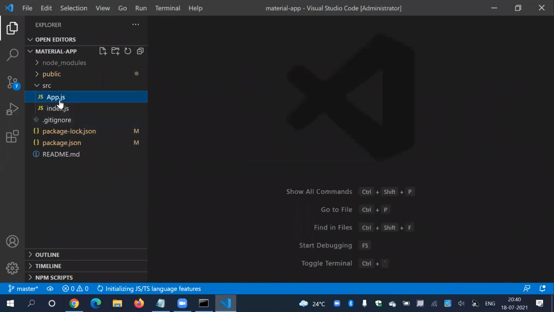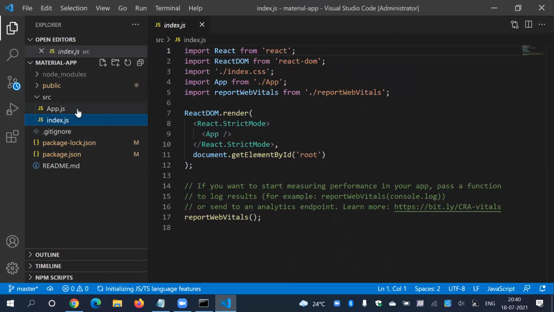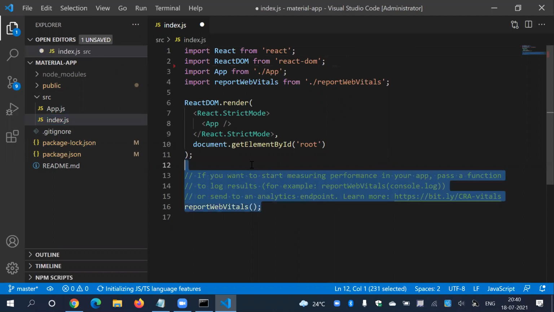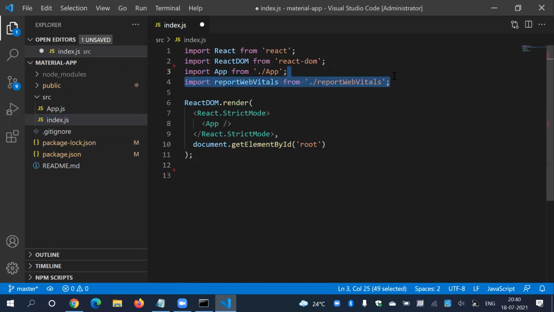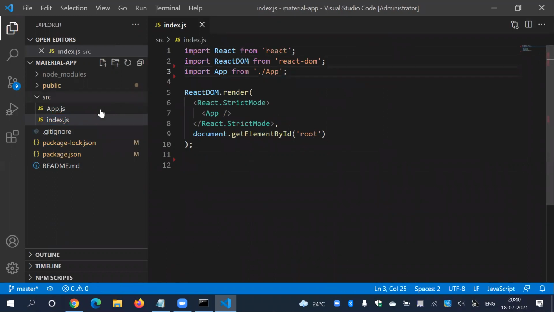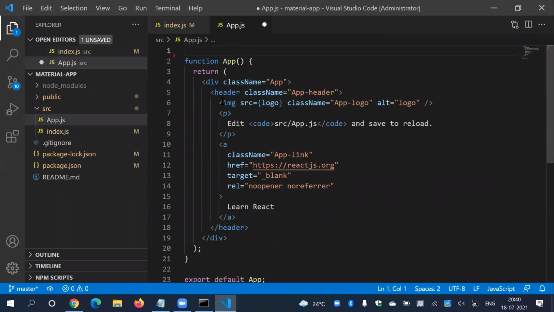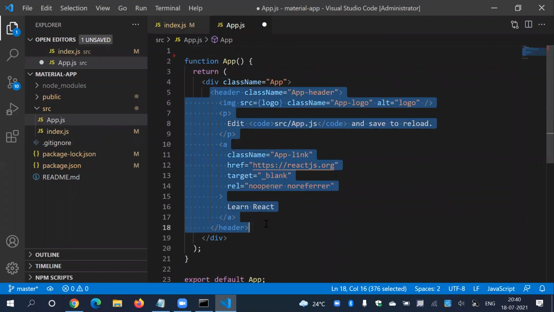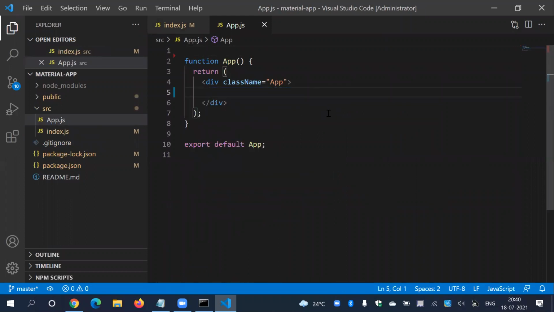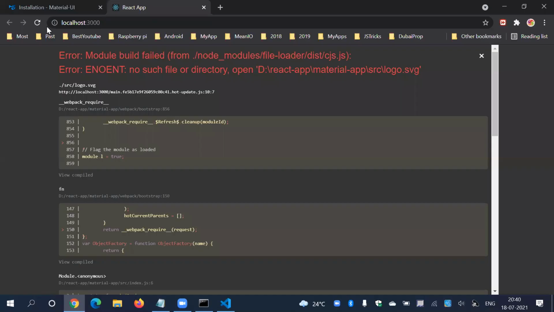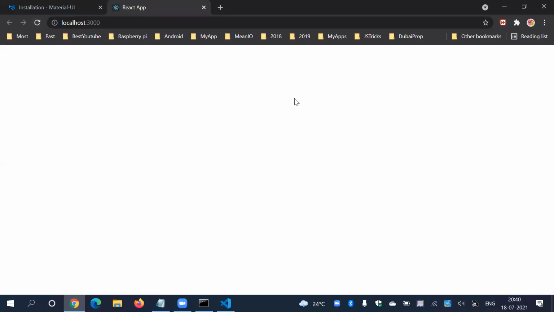I just want app.js and index.js. Remove this index.css from here, remove this stuff, remove this import. This is our index. From app, remove these two files, remove everything from here. No need to keep this. That's it. So now here is your page, completely blank.